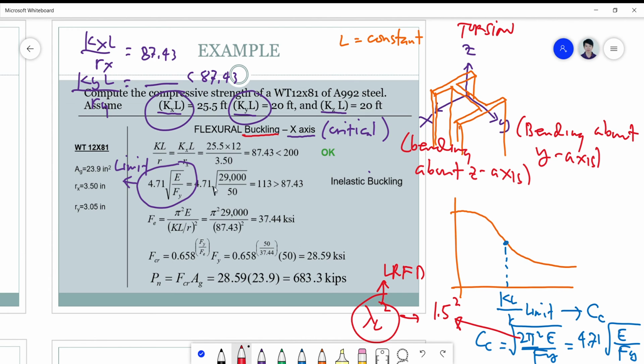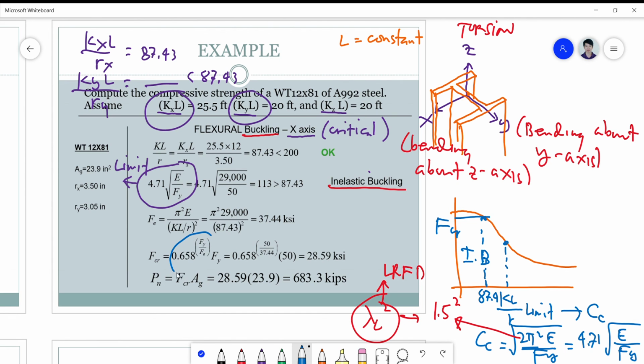Okay, so upon computing this limit and you found it to be 113, you just compare the actual KL over R with that of the limit, and since the limit is bigger than the actual, then your behavior will be an inelastic buckling behavior, which belongs to this side here. Okay, so this is your value, 87.4. Okay, so it is an inelastic buckling mode of failure,